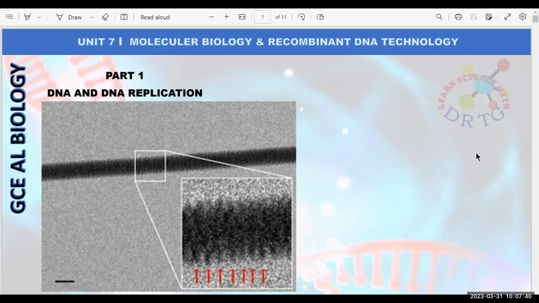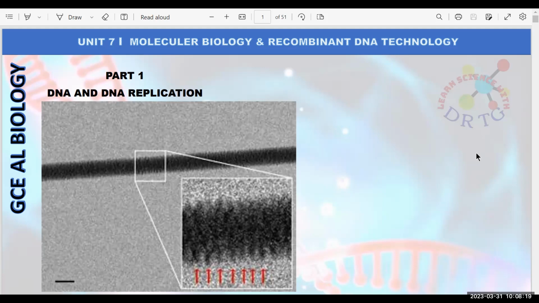Okay, so when it comes to the first part of this lesson, we're going to learn again the structure of the DNA molecule and chromosome and DNA replication. That means how one DNA molecule becomes two DNA molecules. So it is very important. If there is one glucose molecule and two glucose molecules are produced, it's a simple task. But the biggest molecule,